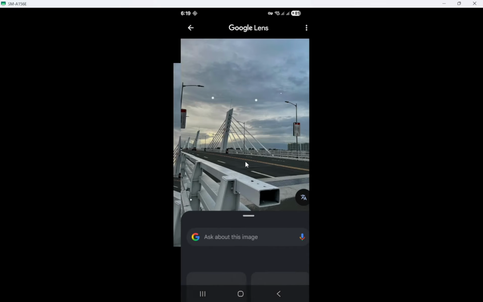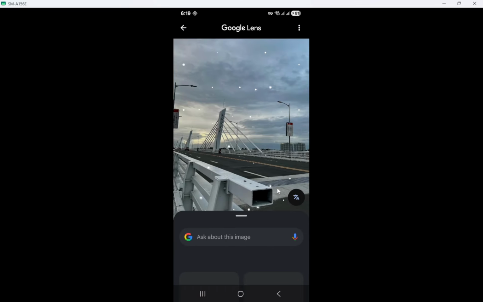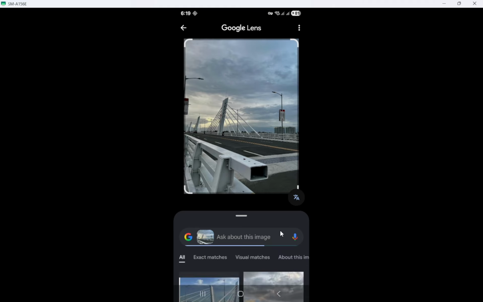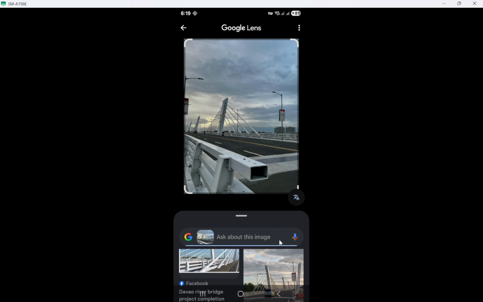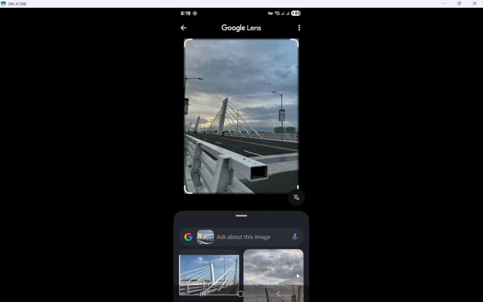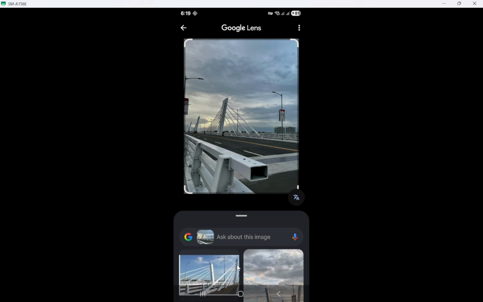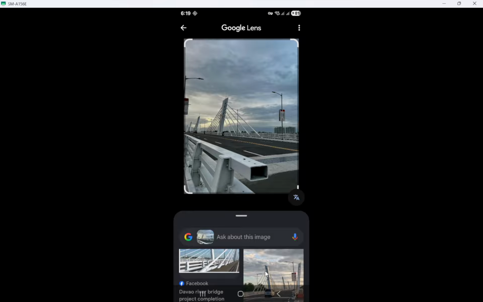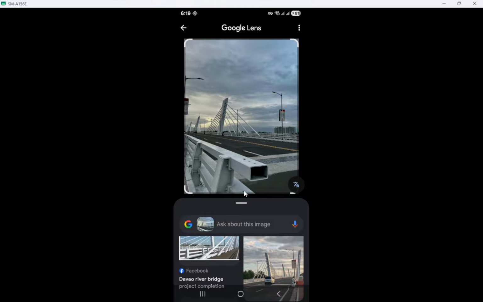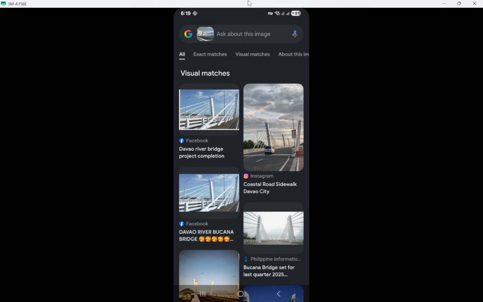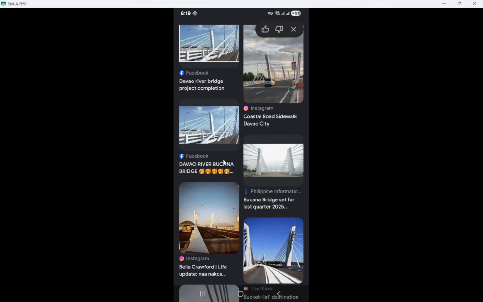Lens looks for visually similar images, matching websites that use the same or related pictures, and relevant details about objects it detects. If the photo includes products, you may see shopping links. If there's text, Lens can recognize it so you can translate or copy it. If the picture includes a place or a landmark, it often suggests names, locations, or background info. These results are dynamic and can help you track down the original source of a photo, verify whether an image has been used elsewhere, or simply learn more about what you're looking at.